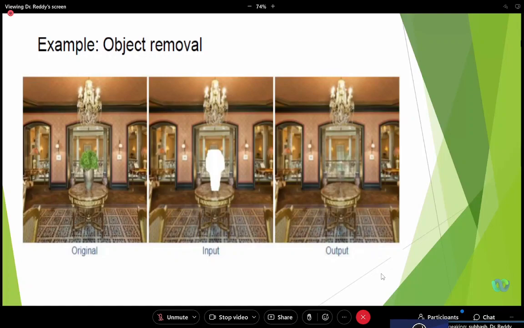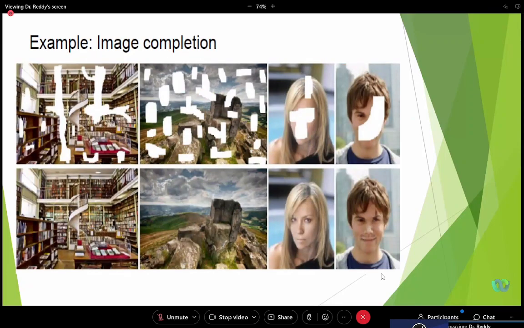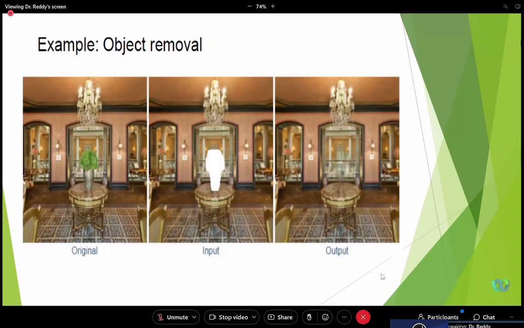Okay. For object removal or image completion, whatever it is. For object removal, we are going to construct the third column, right? The second column is given, and the third column we are going to construct for object removal. Now for image completion, what is given and what are we going to get? The second column is given, and what are we going to construct? In the first column. Same example: there is a blurred image, a blurred portion, a missing region. I am going to reconstruct it. I am going to get a flower watch here.